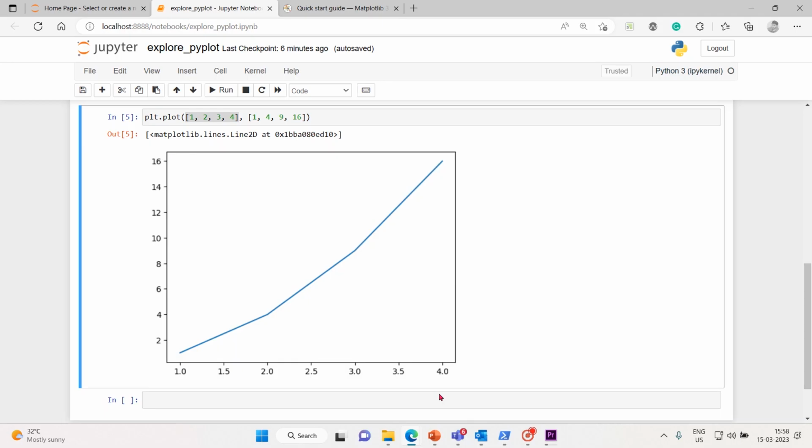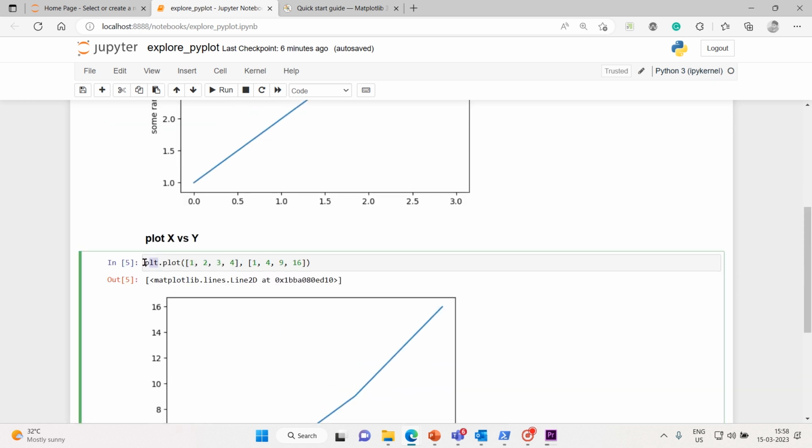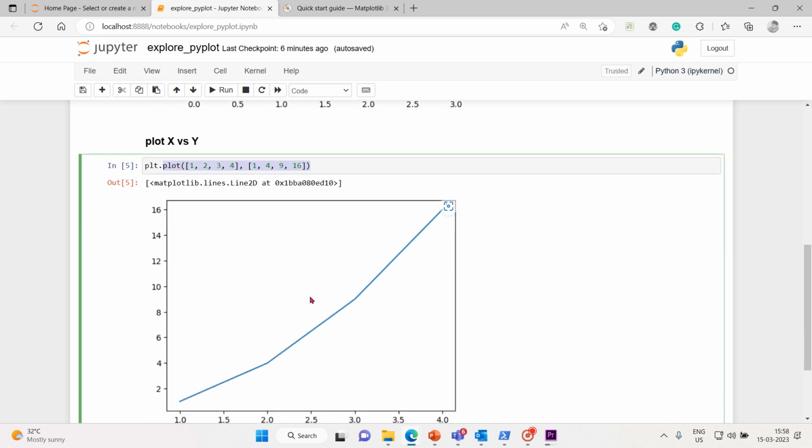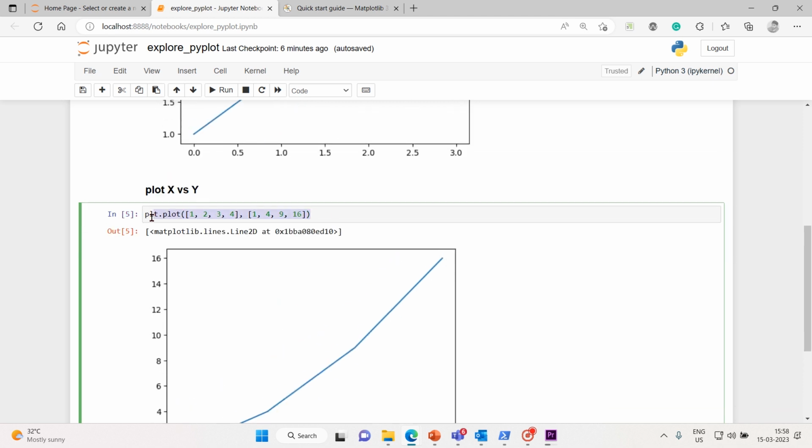Okay, our plot is ready using pyplot and then a plot method. Absolutely fine. It's very simple and very quick. But